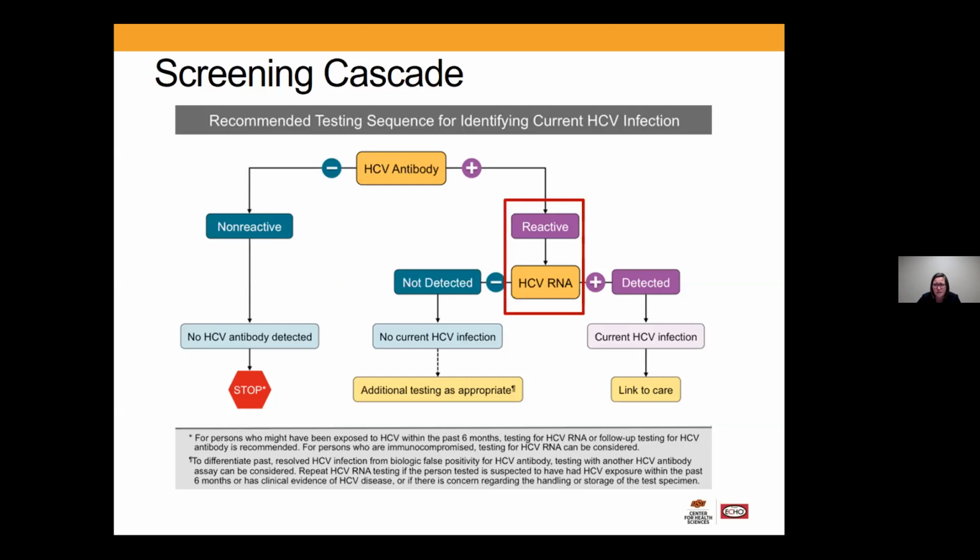Now, if the antibody comes back as reactive, then it doesn't mean they have hepatitis C. It means they have been exposed to hepatitis C. And I think using that language with your patients is important, so that they can understand why you need to do follow-up tests. So at this point, you're going to get the HCV RNA or the RNA quant, viral load. There's lots of words you would use to talk about this, but that's actually what's going to tell us if the patient has an active infection or not.